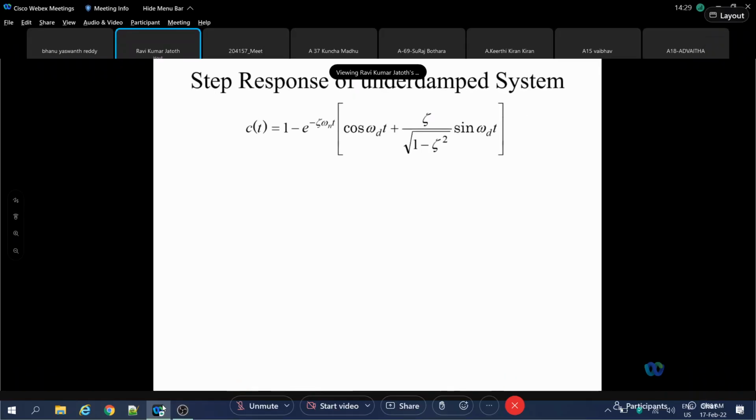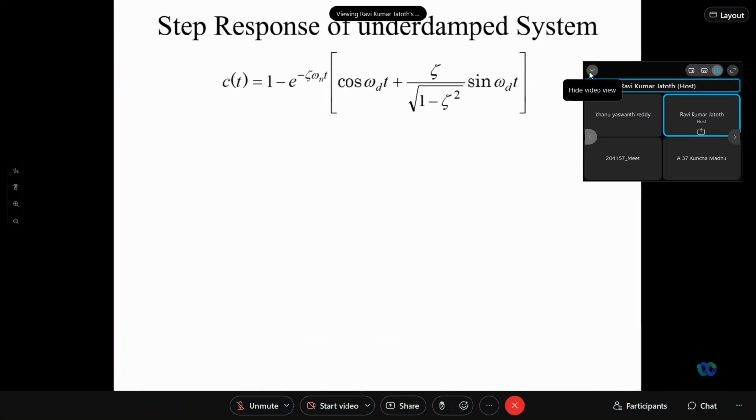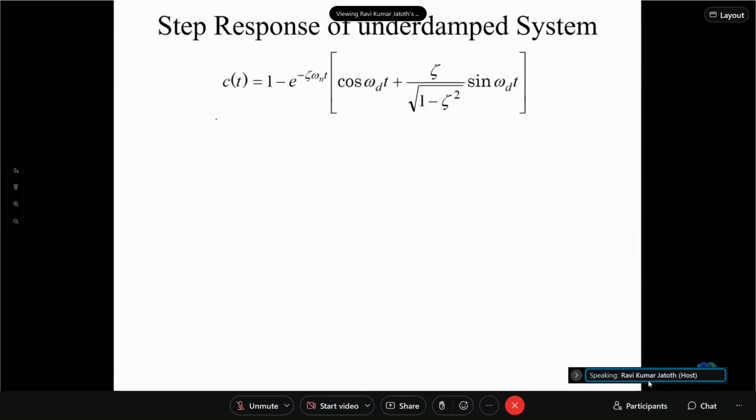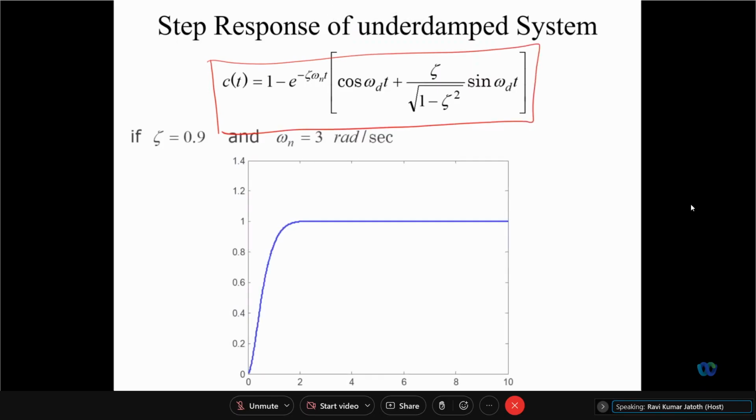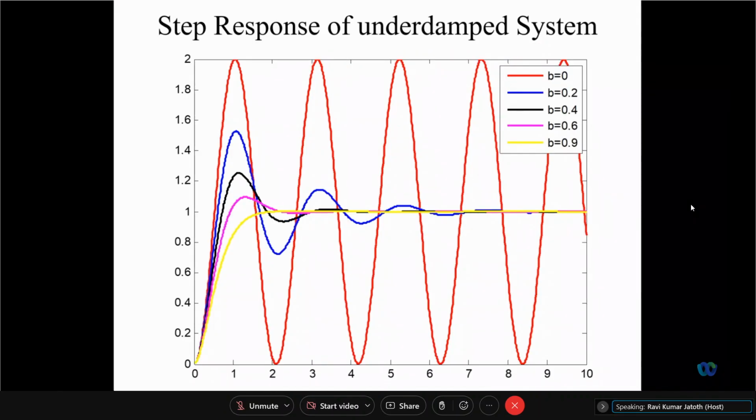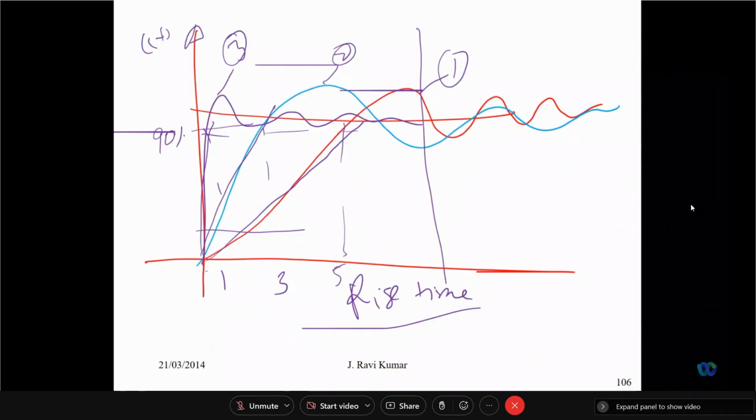zeta omega n t by under root 1 minus zeta square into sine omega dt plus theta. All right, so now let us go ahead. For various values of zeta, various values of damping ratio, we have seen the response of a system. Right, so now we are in the process of